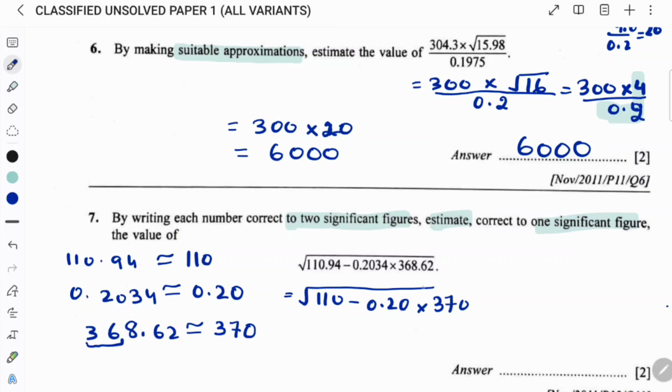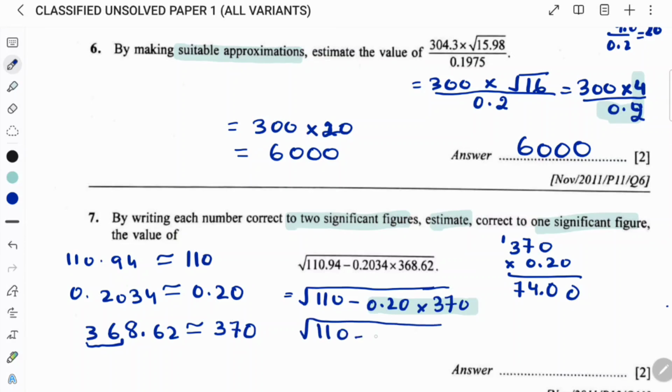370. So obviously we multiply first and then we subtract later. So we do this 0.20 into 370 first. Okay, and it's a non-calculator paper. So 370 times 0.20. Okay, alright, this 0 and the other 2 times 0 is 0. Double of 37 is 74. 3 times 7 is 14. 2 3s are 6 and 1 7. 2 decimal places, 74. So 110 minus 74. So do the calculation of 110 minus 74.